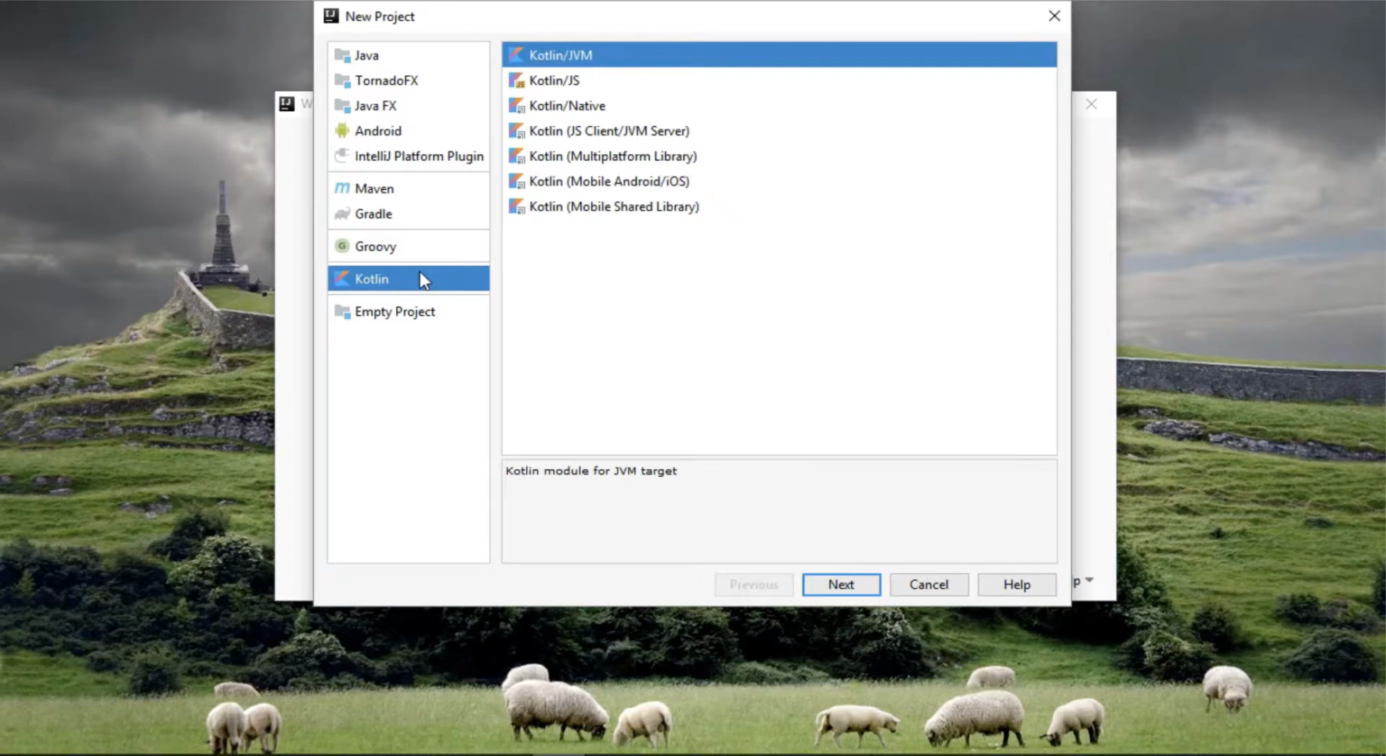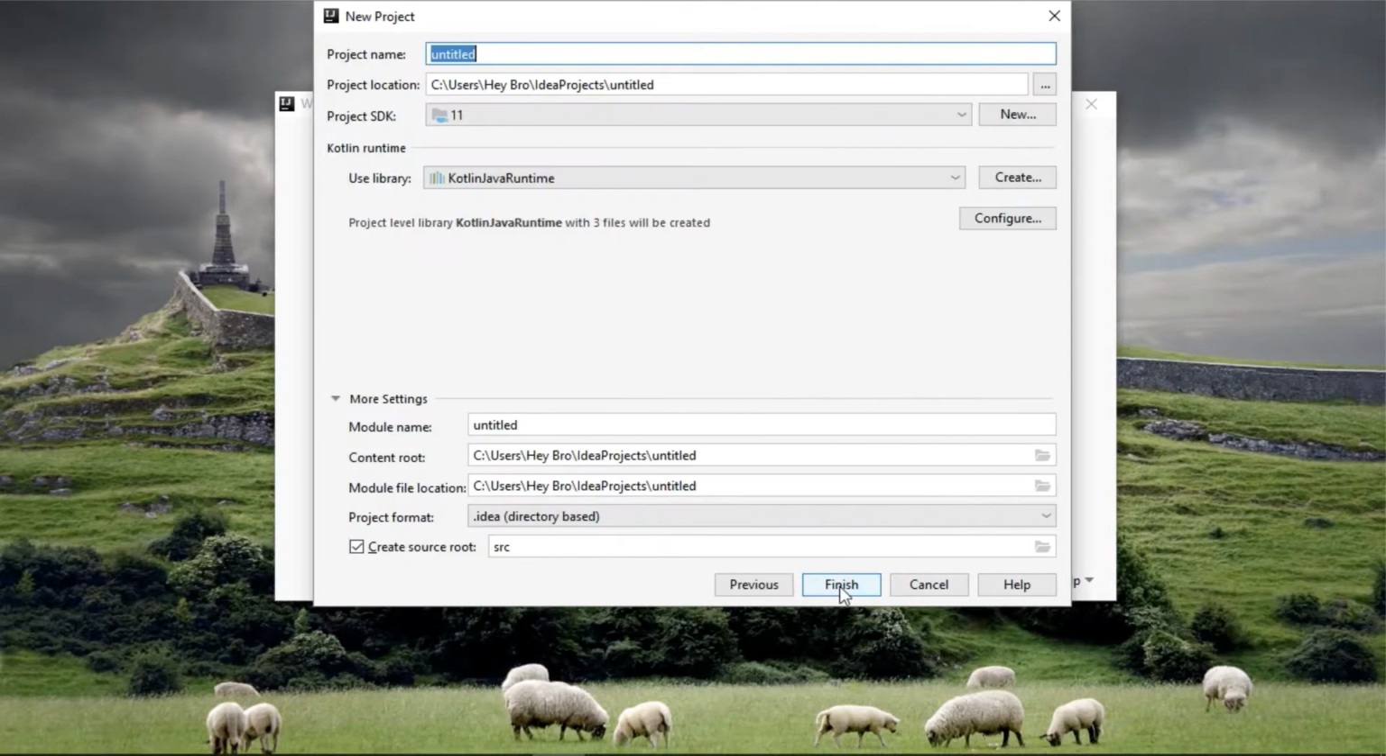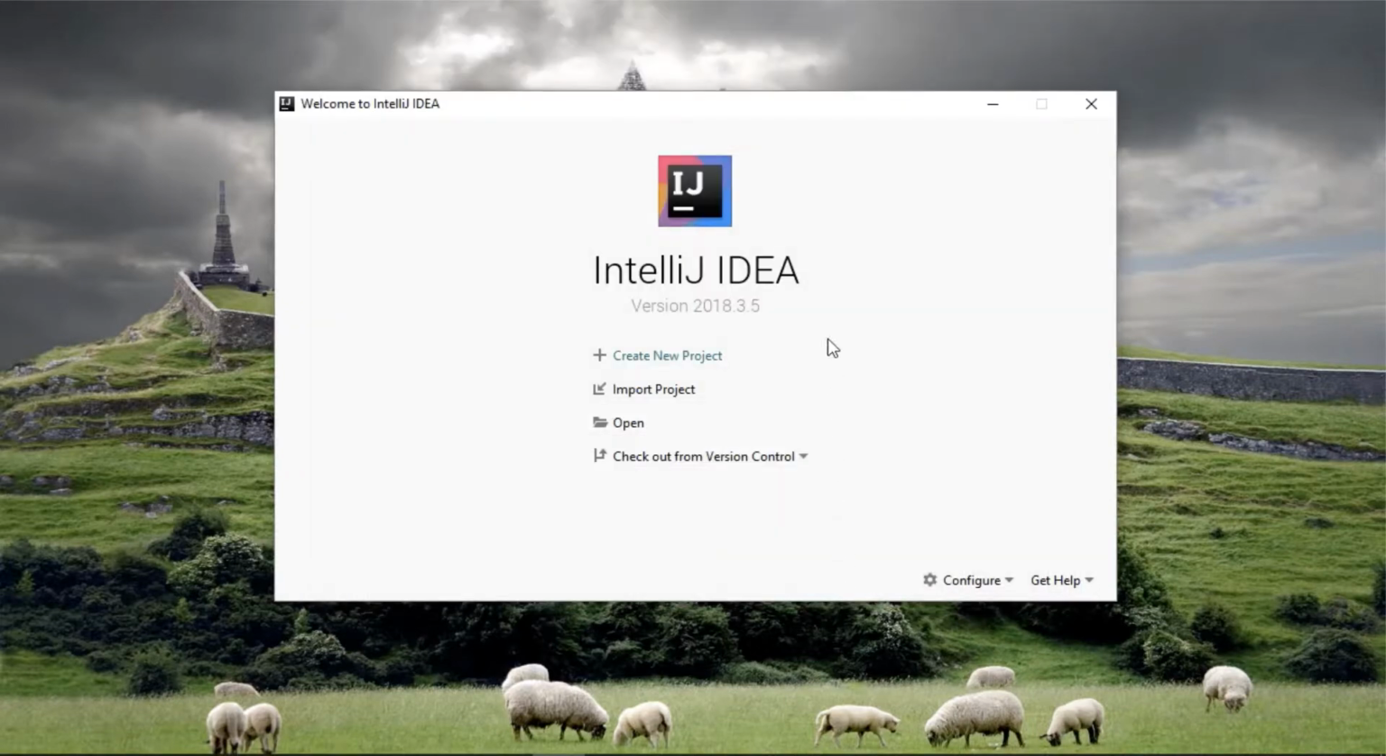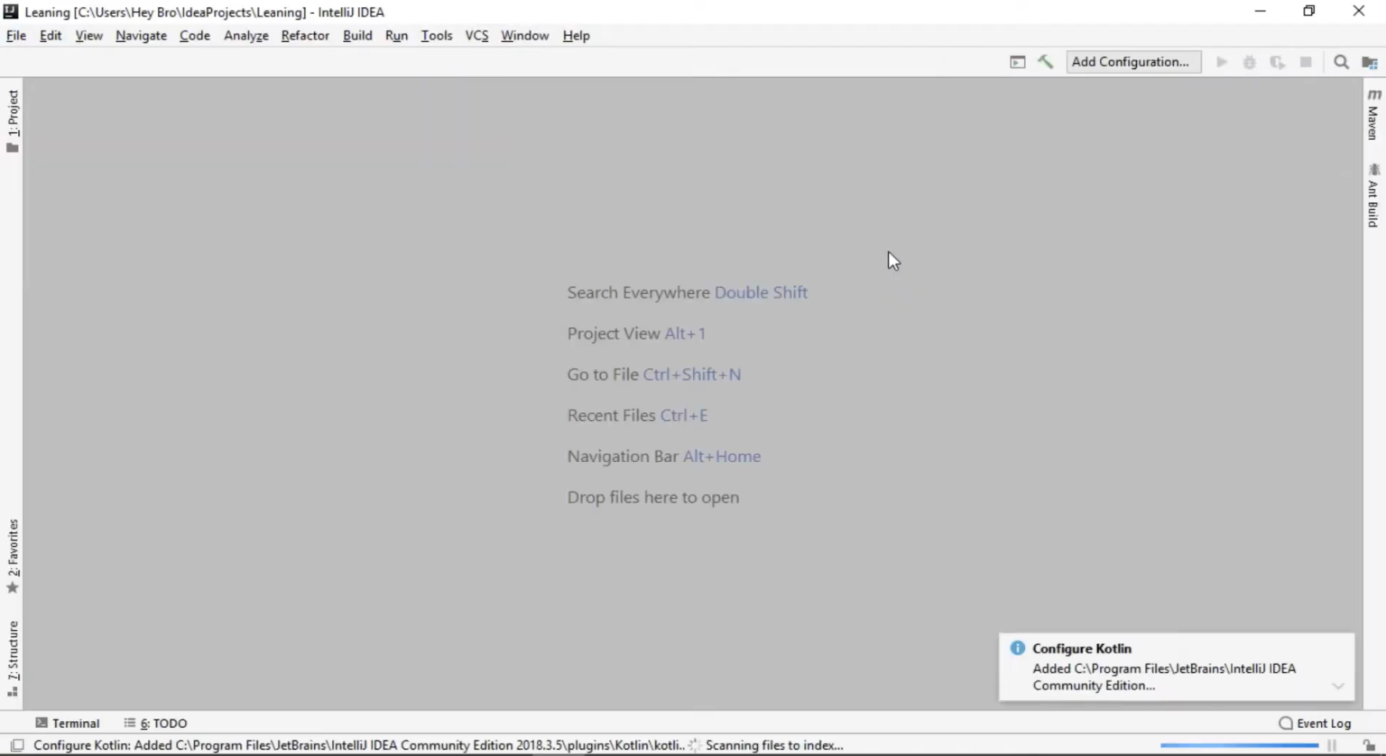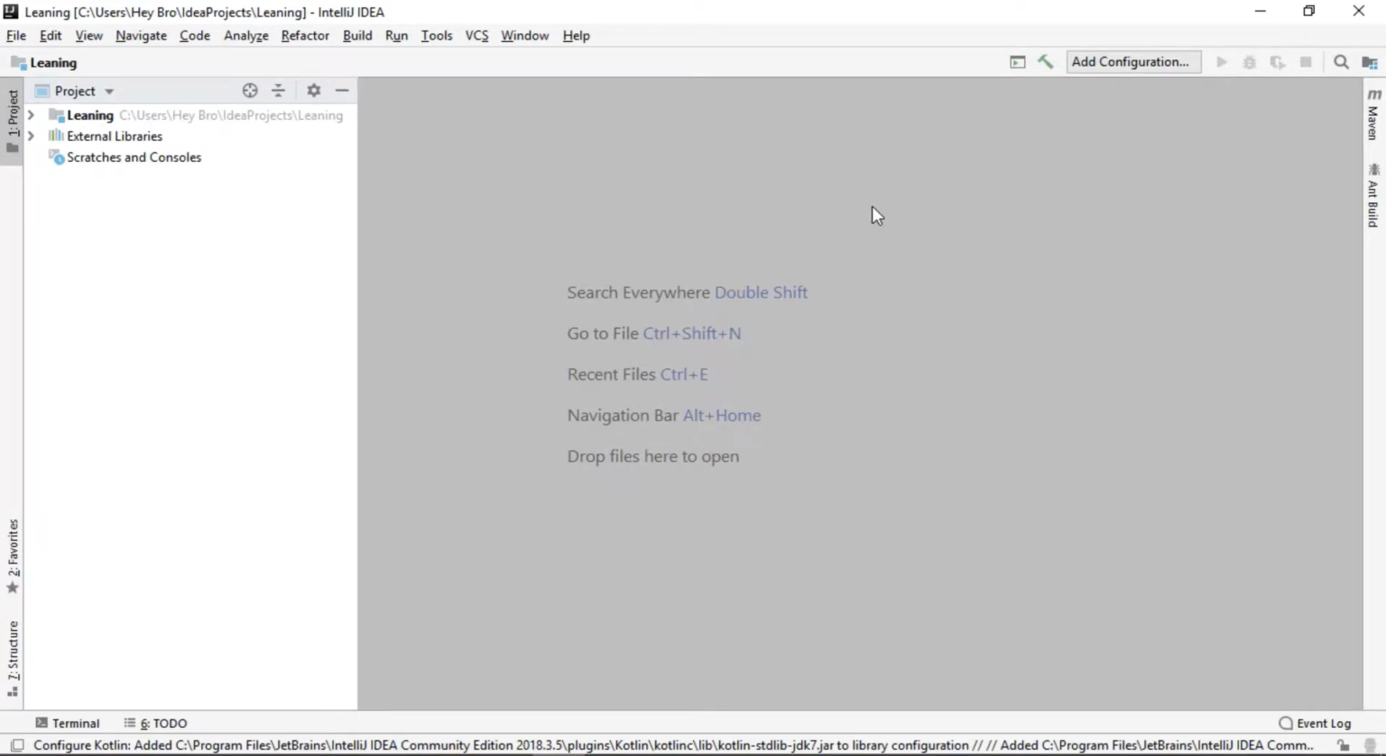And you need to choose Kotlin here and select the Kotlin JVM. Click next and give your project name. So let's give our project name as learning and hit finish. If you are using IntelliJ for the first time, then it might take a little bit of time. Once your load is complete, go to the learning folder and inside the src, here we are going to place